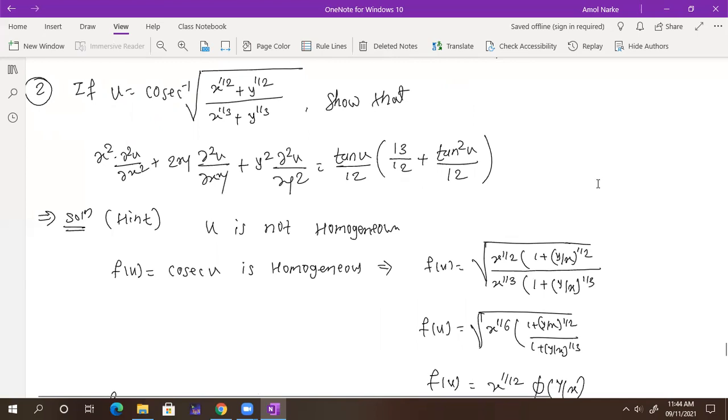Okay. Sir, I still didn't get how we got 1 by 6 rather than minus 1 by 6. It's 1 by 2 minus 1 by 3, no? 1 by 2 minus 1 by 3. So 3 minus 2 divided by 6. 1 by 6. In that previous example, we had 1 by 3 minus 1 by 2. And sir, then we took power root 2 as 1 by 2. Yes, sir, 1 by 2.